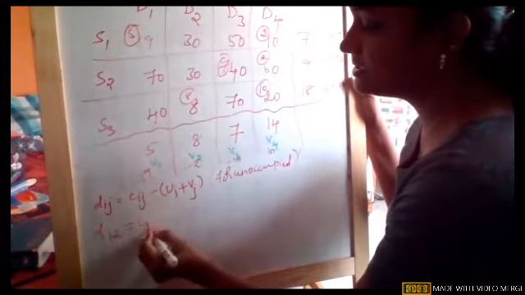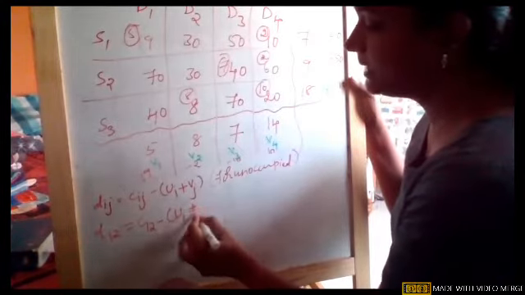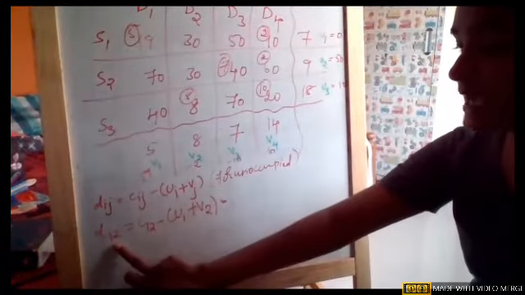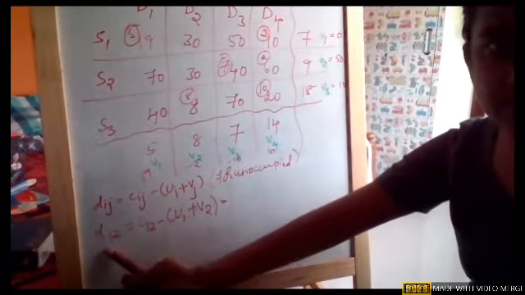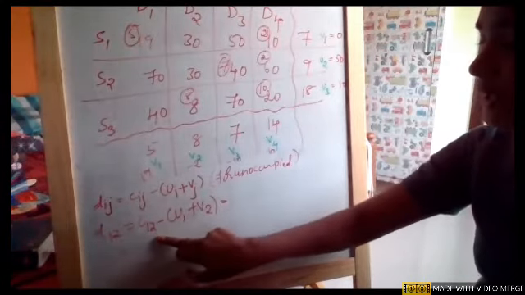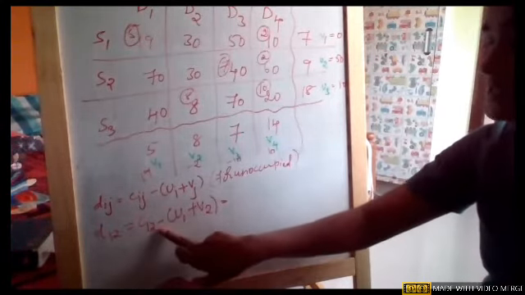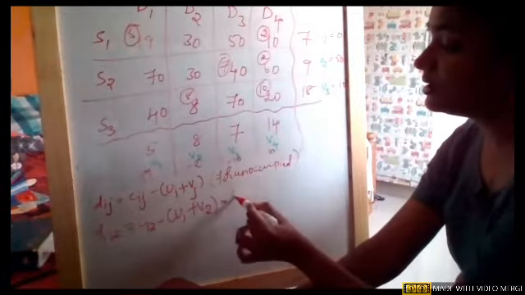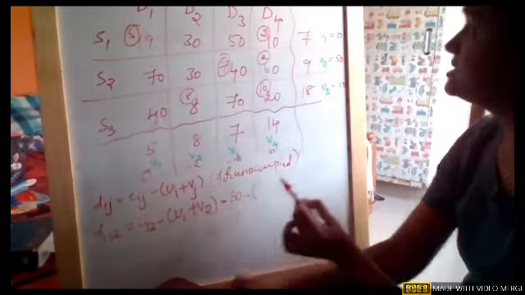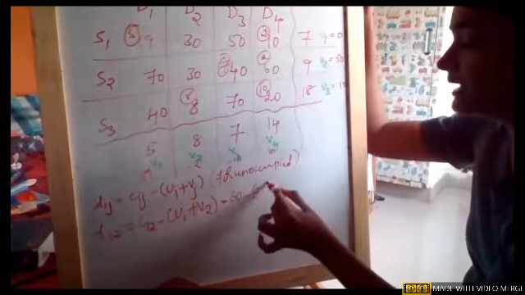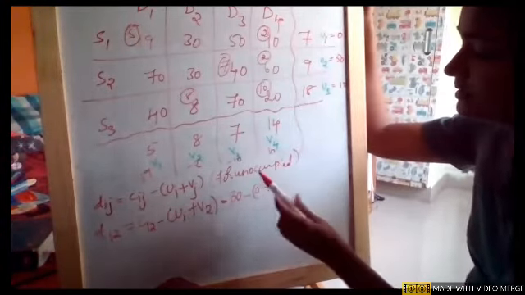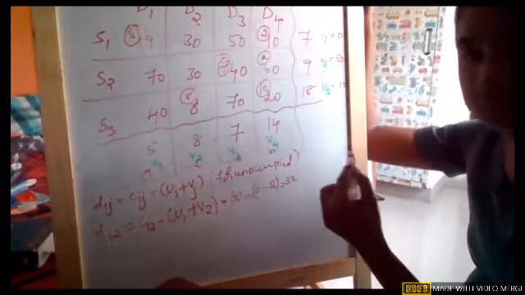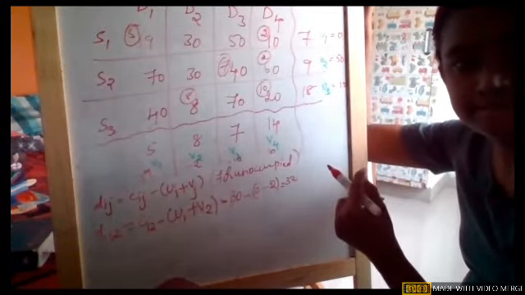I'll just elaborate. It is C12 minus U1 plus V2. Okay, girls, instead of writing it in IJ form, where I is 1 and J is 2, if I elaborate and write it in the form of an equation, it is C12 minus U1 plus V2. So the cost in the C12 cell is 30, minus U1 value, which is 0, plus V2 value, which is -2. So when I apply this, it is 32. Am I clear? Yes, ma'am.